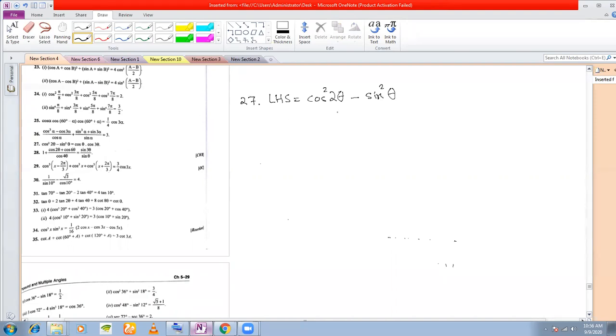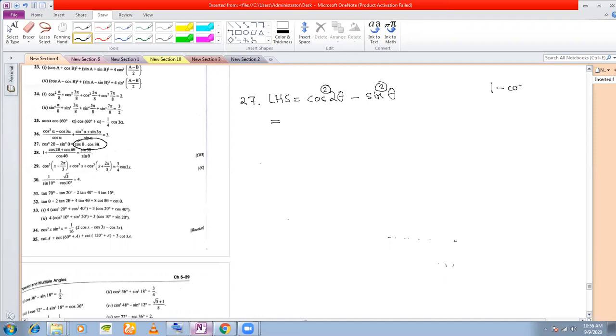Now see, on the right hand side, what you have to prove is that this is equal to the product of cos theta and cos 3 theta. But here you have a sum or a difference, whatever you say, and you also have a square, which you want to change to a product. So what you first do is you remove the square first. And how do you remove the square? If you remember,